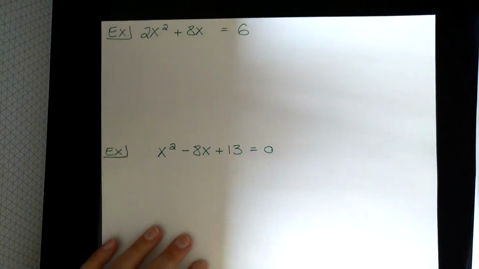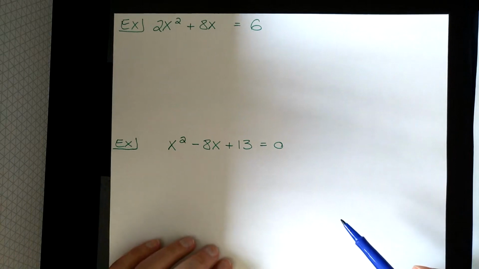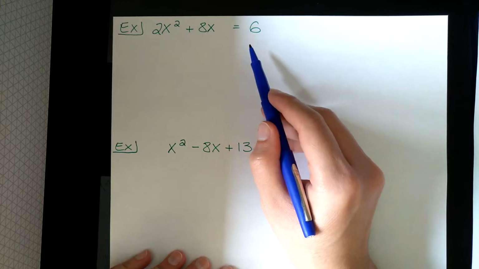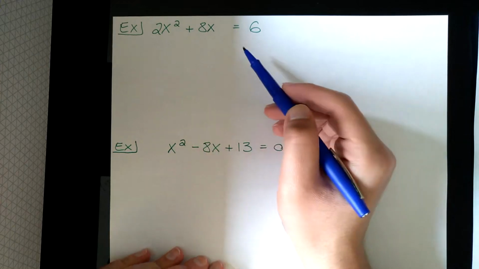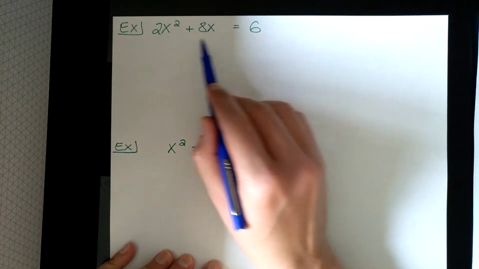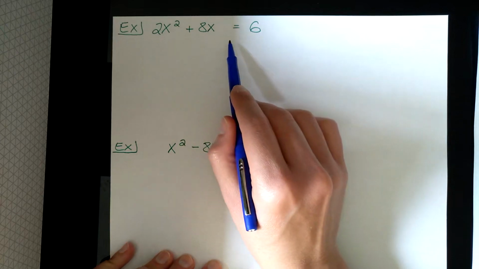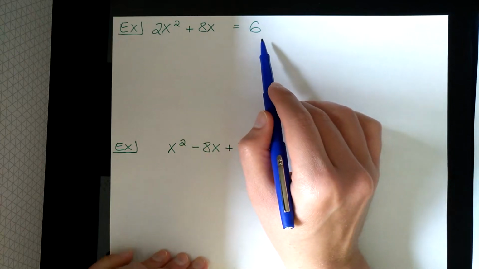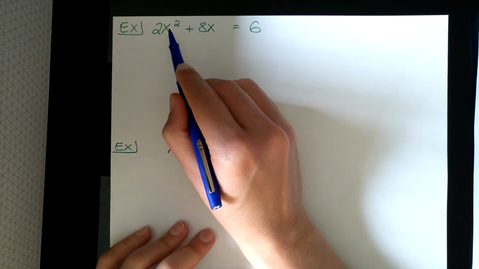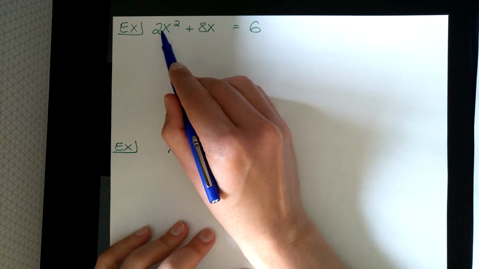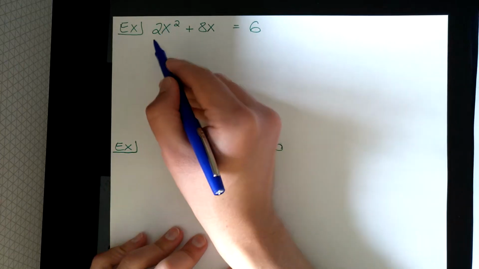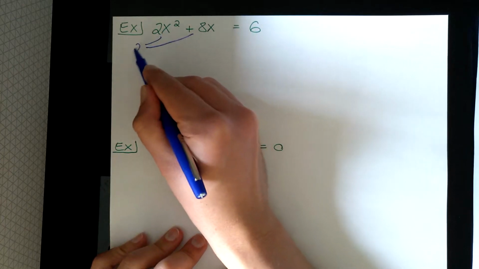Okay, so we're going to try a couple of equations with this. We have 2x squared plus 8x equals 6. So the first thing we have to do again is get x squared plus bx by itself equal to some constant. Well, that's already done for us in this problem. The 6 is already by itself on the other side of the equation. The next thing we have to do is to make sure that x squared has a 1 in front of it, meaning it's just by itself. In this case, it's not. There's a 2. So we have to factor out that 2,